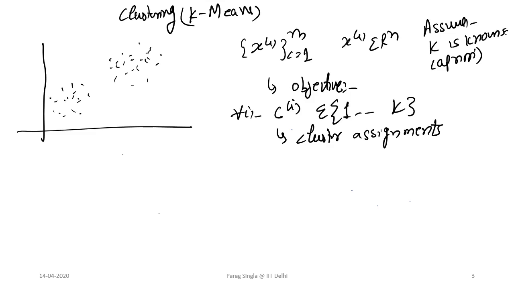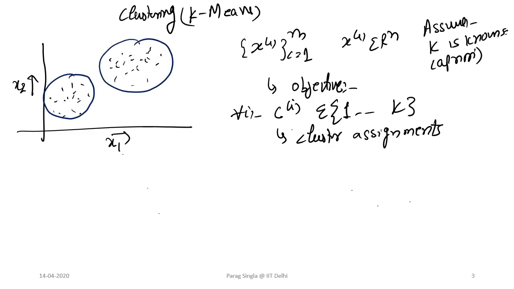Okay, and to build the intuition, we'll work with this 2D diagram where this is feature 1 and feature 2, x1 and x2. You can think of the monkeys and chimpanzees example here also, where x1 was weight and x2 was height, and we were looking for clusterings which intuitively could separate these points into two different clusters,